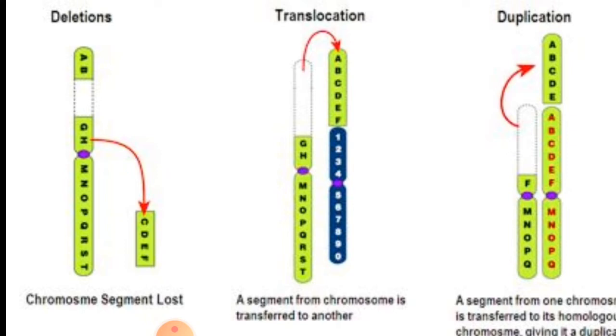So, here if we have named the genes on the chromosome as A, B, C, D, E, F like this, you see here that when a segment of the chromosome is lost, for example, here C, D, E and F is missing. So, this means there is a deletion. So, we say that a segment of a chromosome lacking a centromere separates and is lost. That is what is known as deletion. Deletion may be terminal or intercalary.